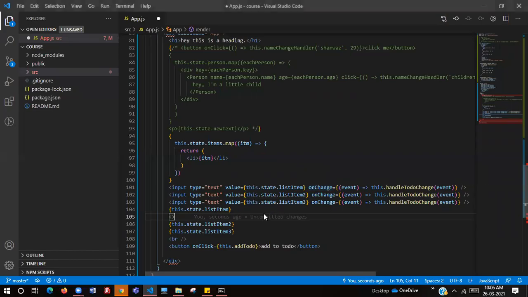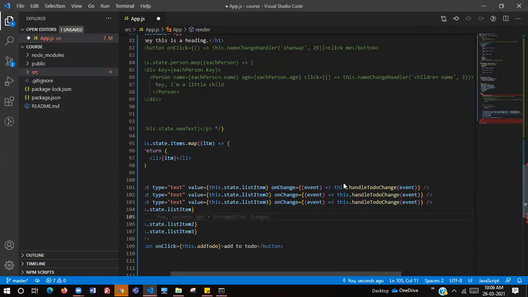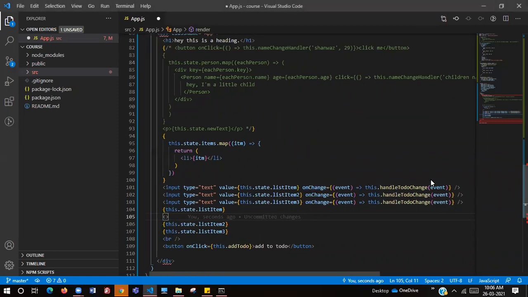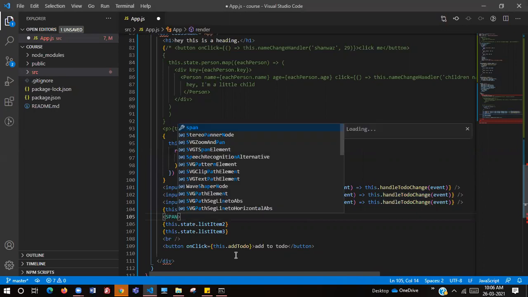So today we'll discuss how exactly we handle multiple inputs with the same function. Okay, so let's just take a